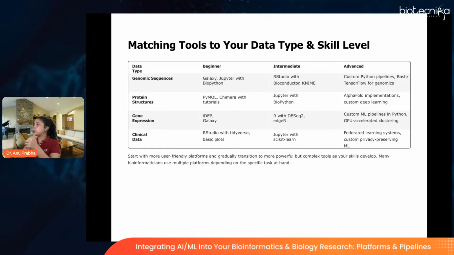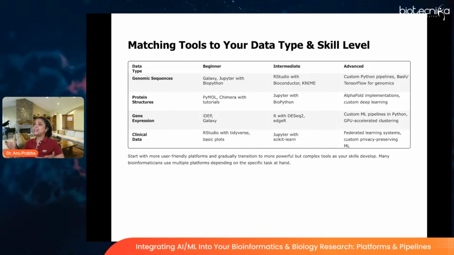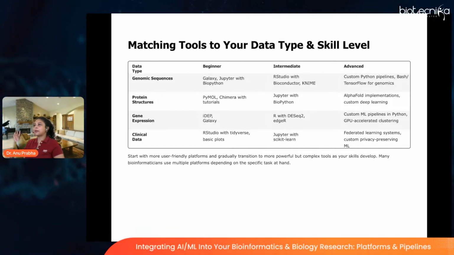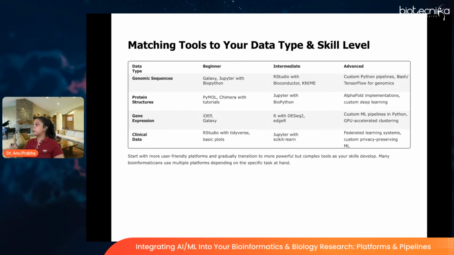Jupyter with BioPython is just an interface. You search for it on Google, you get an interface, write hello world, print some lines, go ahead, do small pandas operations, and check it out for yourself. Similarly, RStudio with Bioconductor will require some downloads. Similar with KNIME, there will be a few downloads, and you will need to update some of its libraries before you can use it.